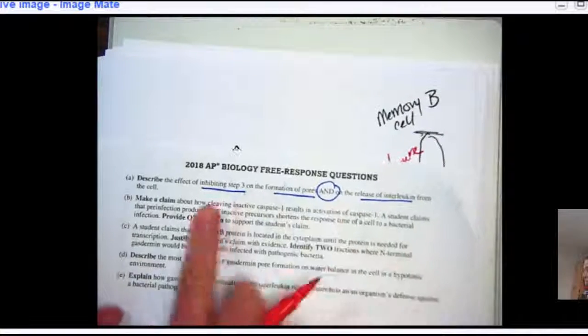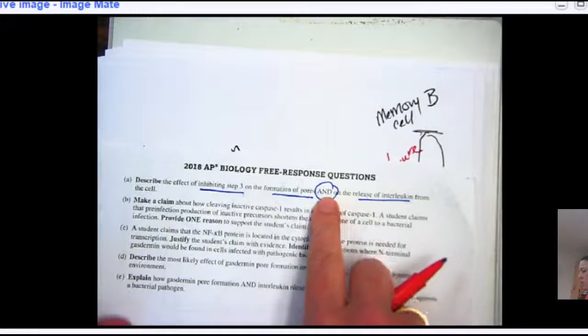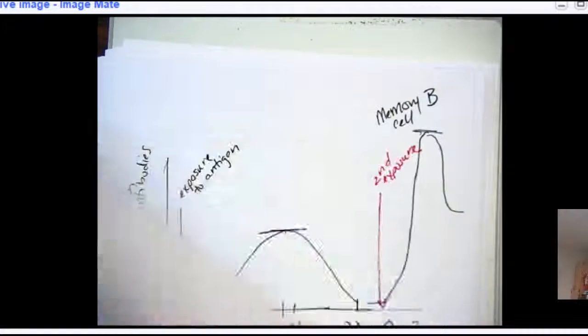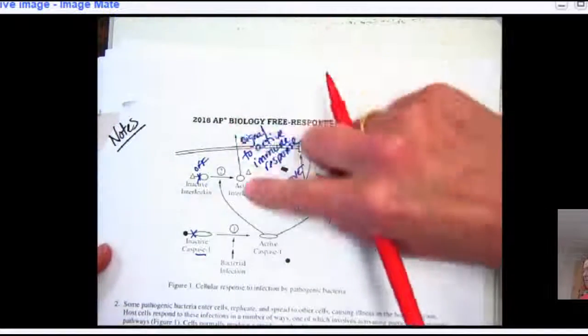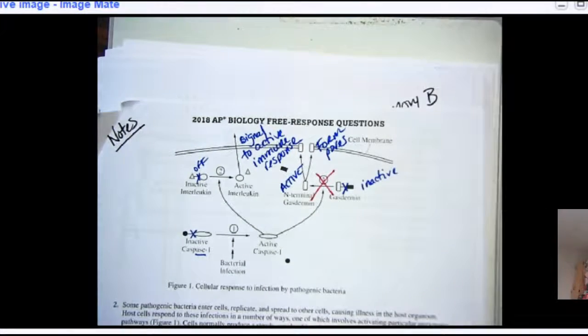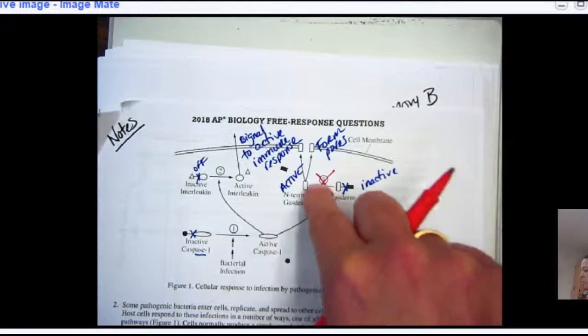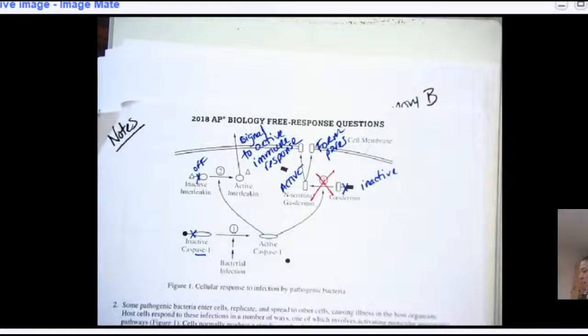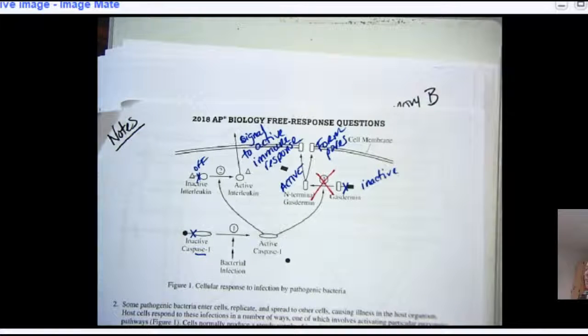How will that affect, and then it says "and," right? So that gives you 1 point, but here's your "and." How will that affect the release of interleukin? How will it affect the release of active interleukin if I stop step 3? It won't. So all you have to write is that pores will no longer form. However, interleukin will still be released, and that's it. But that gives you 2